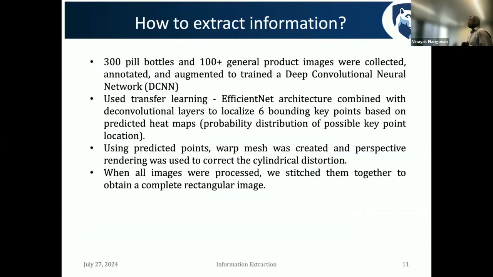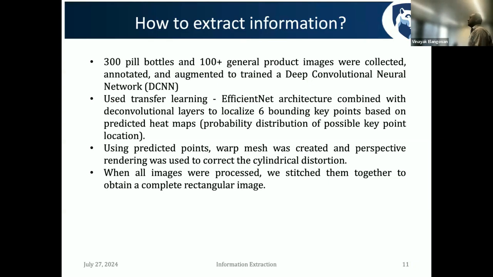Okay. So what we did is, as I said, we collected around 200 to 300 pill bottle labels. We manually collected those because that information was not available online. We collected almost 400 general product images. And we annotated those images, and then we applied our DCNN, deep convolutional neural network, on it, and extracted